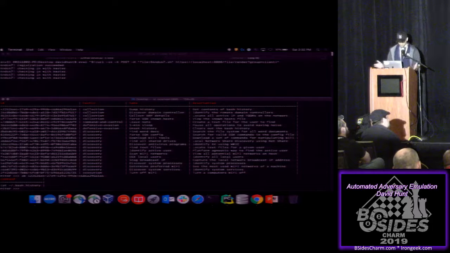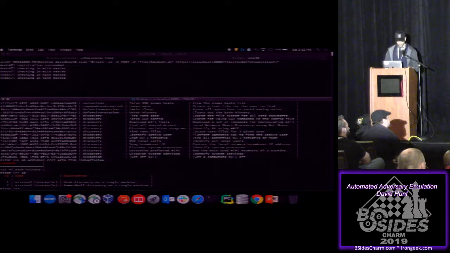So in this case, I want to say, okay, dumping history, what does that actually do? That's going to cache the active user's history, so I can grab that from the terminal. And you can do that for any of these abilities. Once I'm satisfied looking at the abilities, I can flip over and type AD and see my built-in